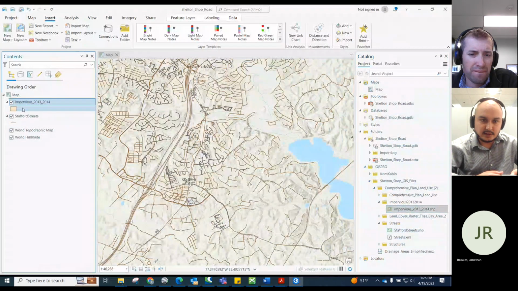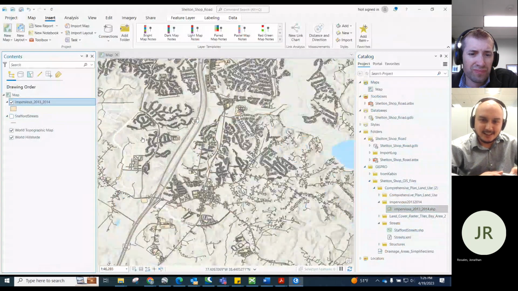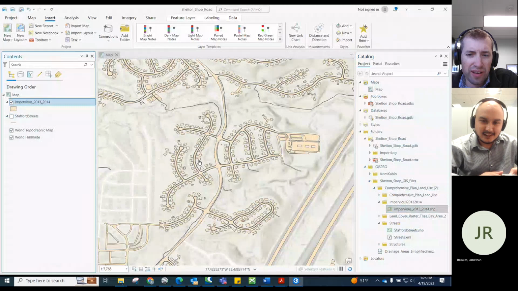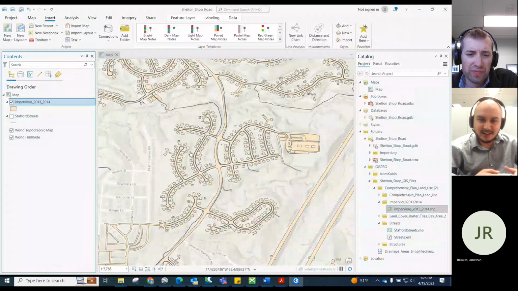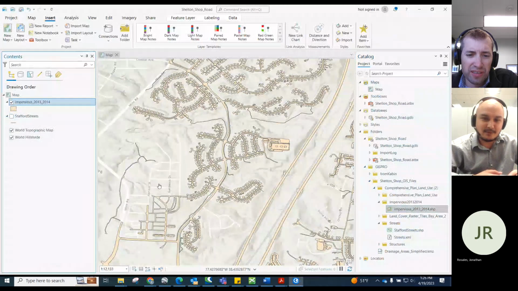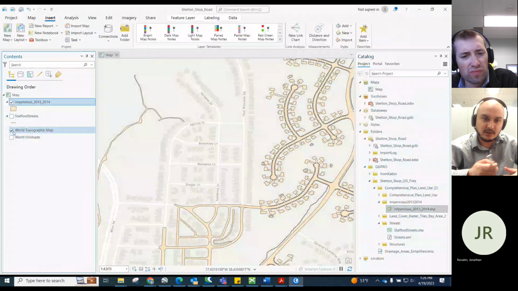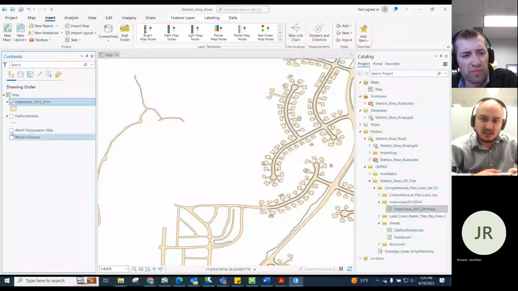Look, this is the one we need, right? We have all these building footprints. Nice. Oh, so we have street stuff also. Maybe we are missing some roadway, maybe that was built after 2014 or so, because this data is from 2014.